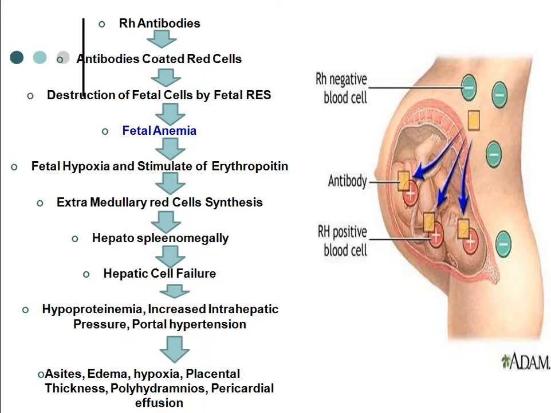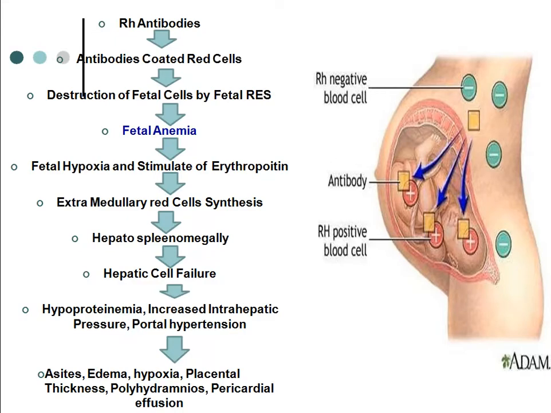So the liver is affected much. What happens once the liver is affected? Then there is ascites. And as I said, because of the hypoxia, the heart is also working excessively and goes into failure. So what happens in case of heart failure or hypoproteinemia? In this condition, there is ascites. That means the fetal peritoneum is filled with water, that is ascites.